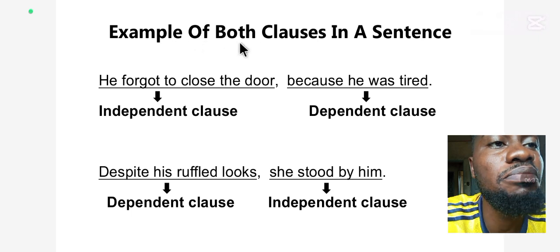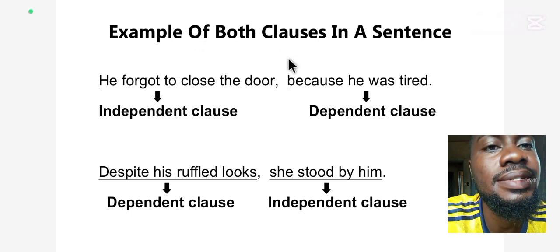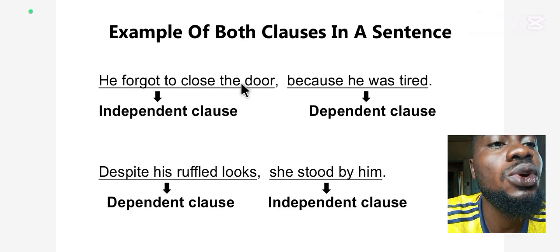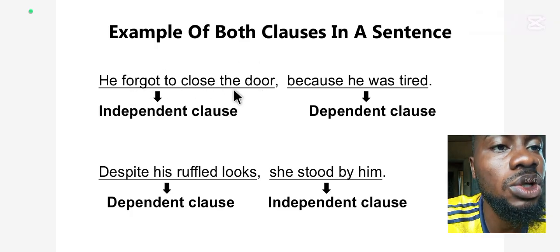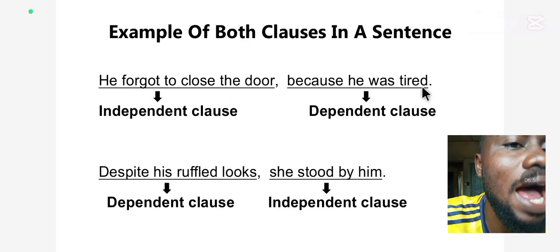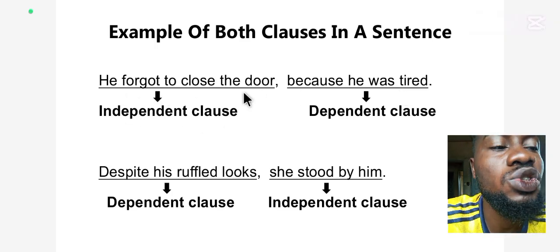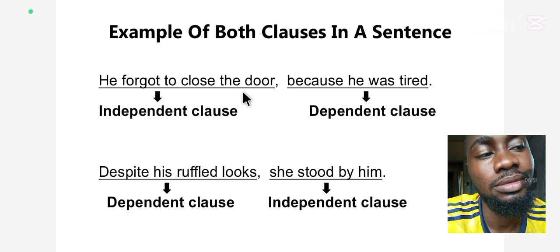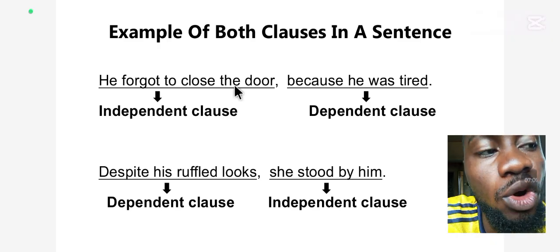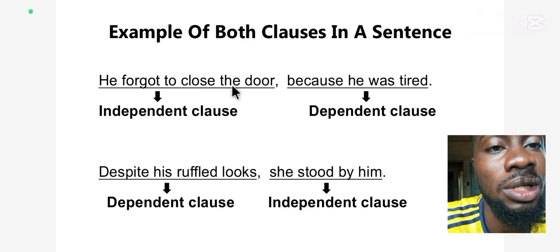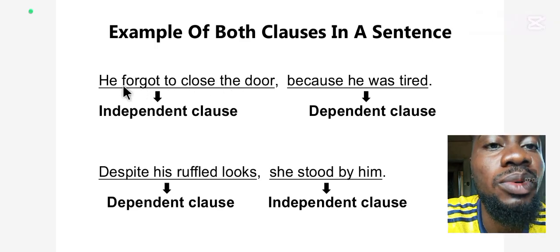Okay, so this is a dependent clause. Example of both clauses in a sentence. He forgot to close the door because he was tired. So you can see this is the independent clause: he forgot to close the door. It makes sense on its own. The sentence can stand on its own, and it possesses the subject and the verb; he is the subject,